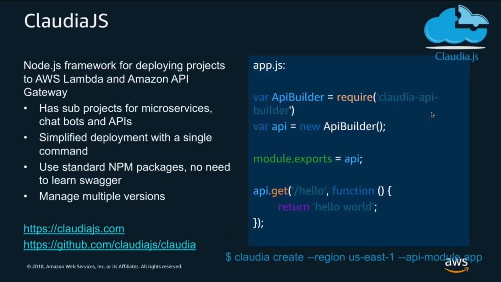So there's a framework called ClaudiaJS, as the name might say, it seems this is a JavaScript framework. And what we see here on the right-hand side is about 5 lines of code. And then we execute a command that we see here at the bottom, Claudia create. And what this is actually going to do for us is give us a Lambda function, an API gateway, all of the IAM resources and policies configured such that the API gateway can invoke the Lambda function. It's also going to take our code and put it into that Lambda function